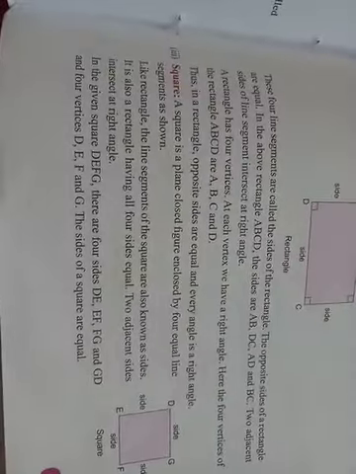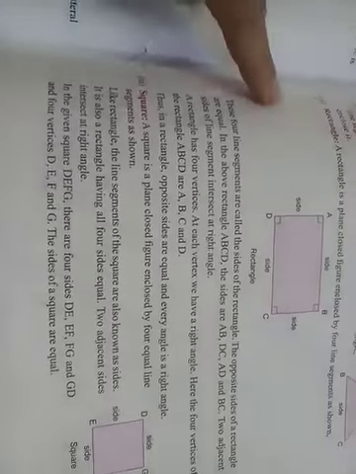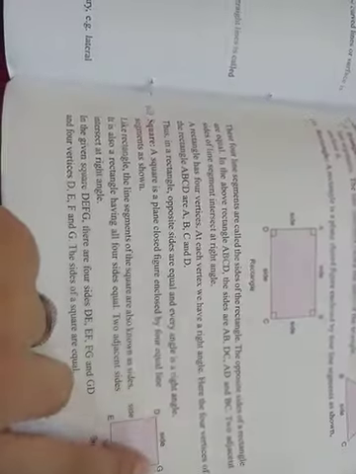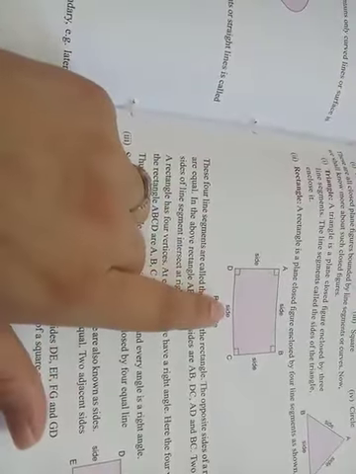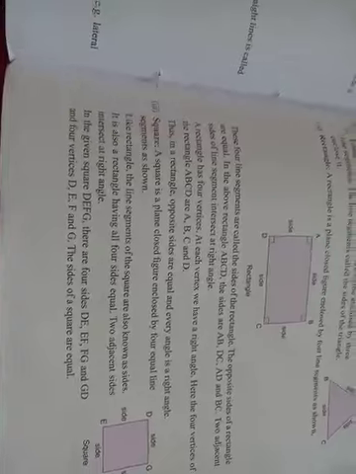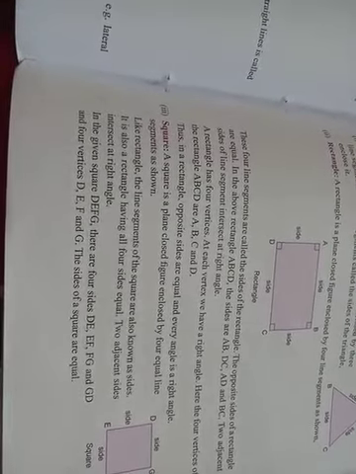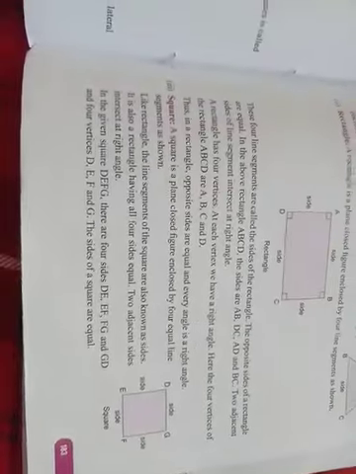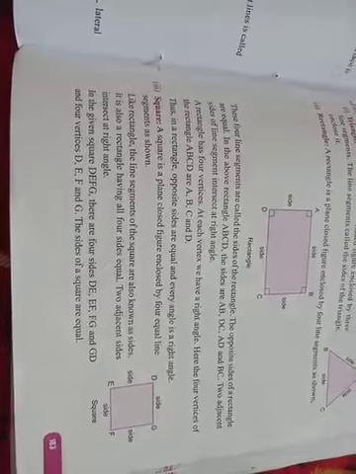Now move to sphere. Like a rectangle, the sphere also has four sides, but the difference between rectangle and sphere is that in a rectangle opposite sides are equal, but in a sphere all sides are equal. If DG is 4 centimeters, then the other three sides are also 4 centimeters. In the case of a rectangle, if this is 4, AB is also 4. If AD is 2, then BC is 2. Opposite sides are the same, but in the case of a sphere, all sides are equal. A sphere is also a plane closed figure, having four sides, four angles and four vertices.